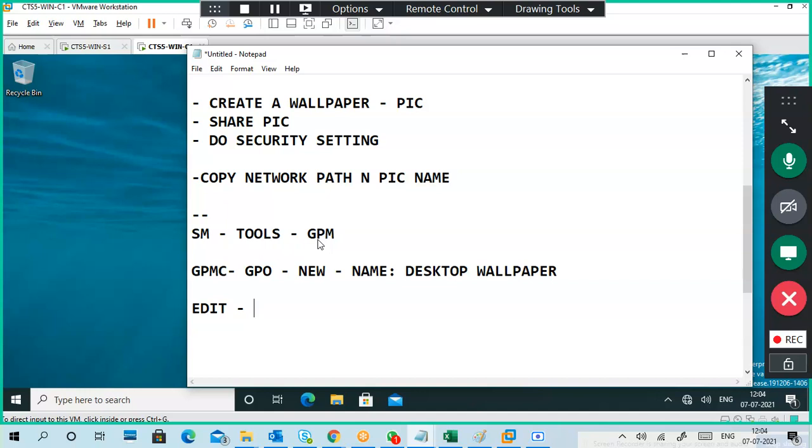So I will go to all settings under user configuration.